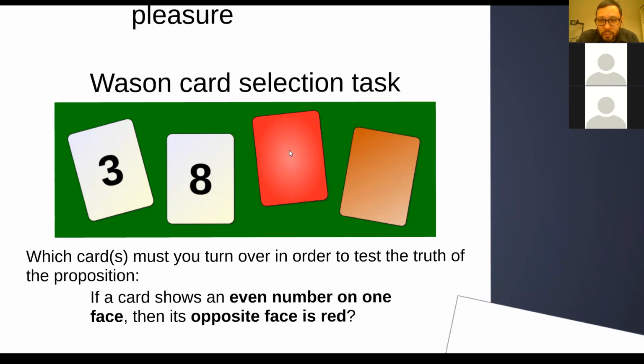We have to turn the 8 over also. Smith says we have to turn the 8 over also. Yeah, so Smith says, look, we have to turn over the 8 because if it's red on the other side, then the rule is true. But if it's not red on the other side, then the rule is false. Yeah, so we need to check the 8 and the red card. Do we need to check the 3 card? So we don't need to check 3 because if we turn over the 3 and it's